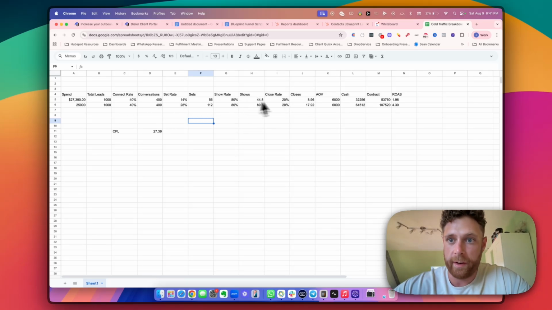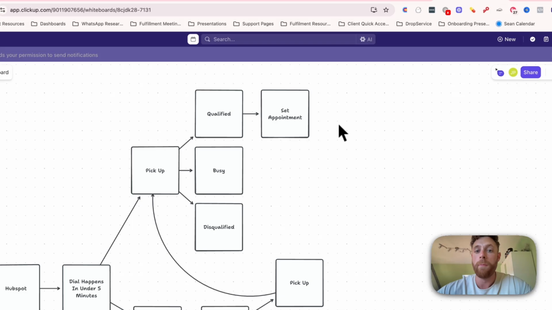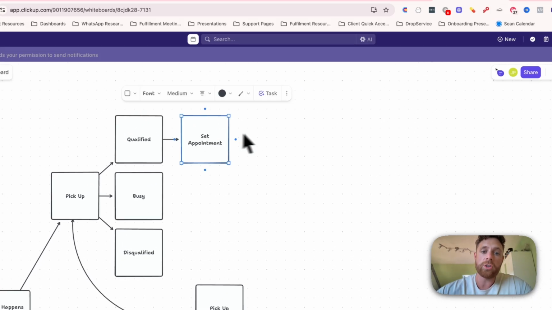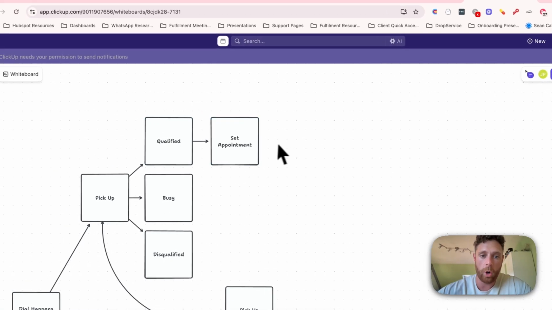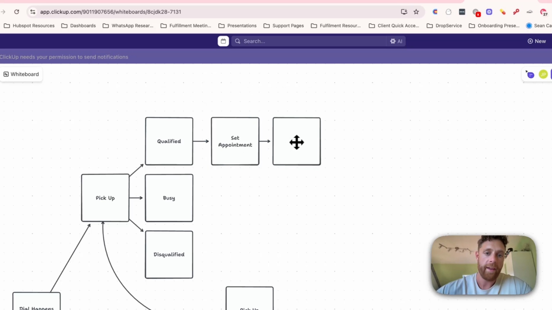So when we're looking at this, right, we come back to the whiteboard. If we set the appointment, what is the next most important thing? Well, they got to show up, right? They need to show up to the actual appointment. So if we set this, what are we going to do in between setting the appointment and actually getting them